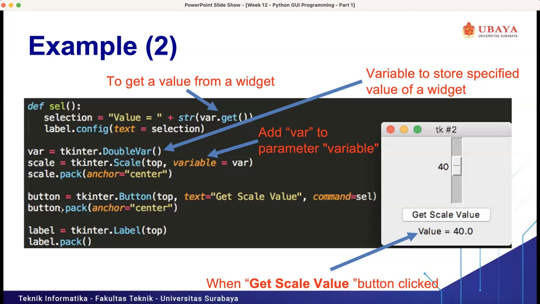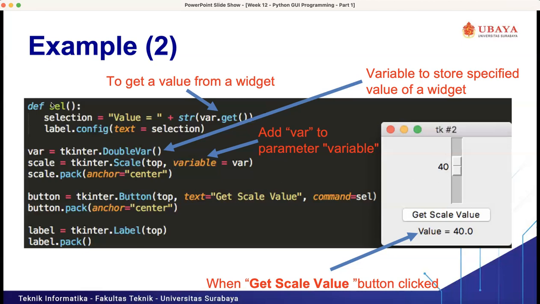Then we put the label on the top window, tkinter dot label and label dot pack. When the get scale values button is clicked, it will print these values, so label dot config text equal selection. This label will represent the values from our scalar, right?